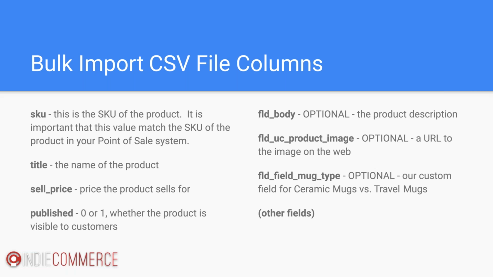Historically, we have given some guidance to avoid barcodes and barcode-like SKUs here. We are going to change that guidance a bit as a result of the new LSI feature. It is much more important that these match. So we aren't imposing any validation on whether you upload a value that is 13 digits or 10 digits or all numeric, for example. It's much more important, as I said, that this match what's in your POS. So if you have a product that has a standard UPC, a 12-digit barcode, or an EAN-13, a 13-digit barcode, absolutely you should feel comfortable to supply that as the SKU for your product.